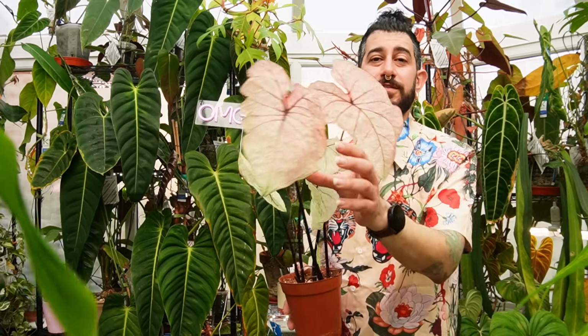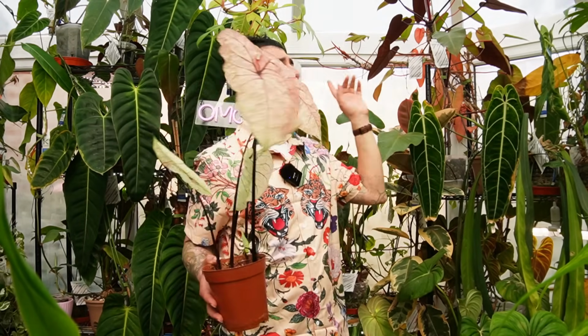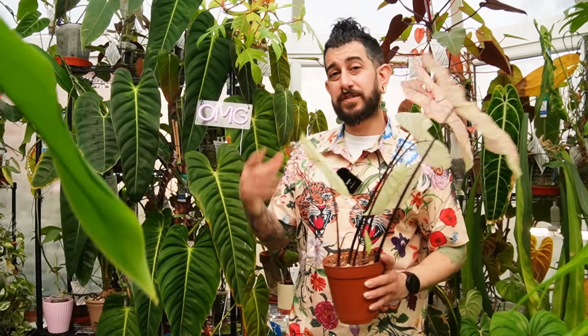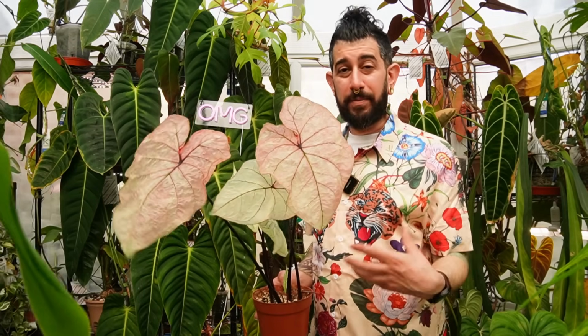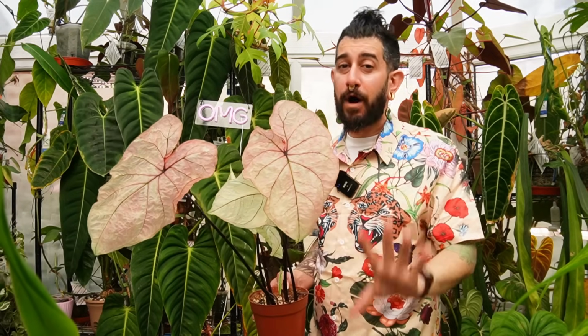There are a lot of plants that start off with very pale leaves and eventually turn green. For example, I don't know if you can see, there are yellowing leaves on the one behind here, but the Philodendron Florida Ghost starts off a whitish, creamish color, and eventually will dull down to a green to help it photosynthesize. This doesn't do this, so this blows my mind